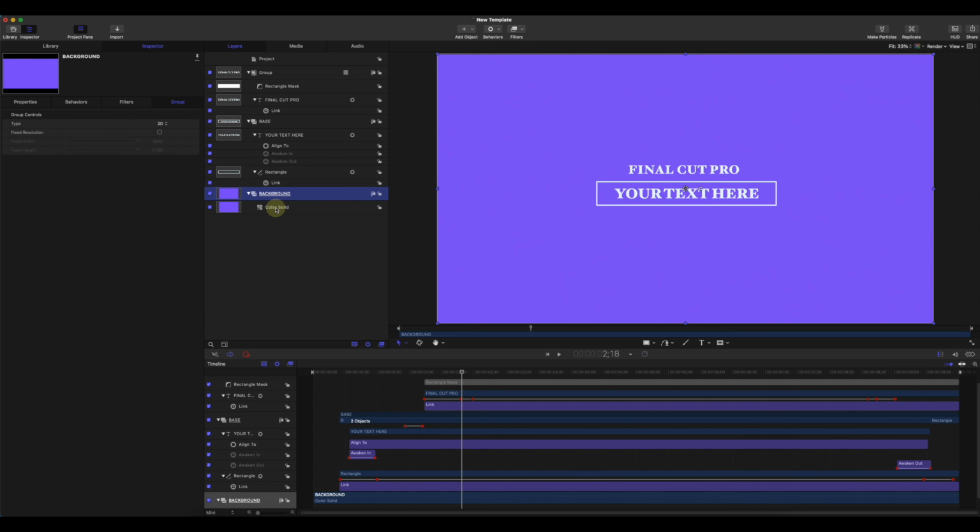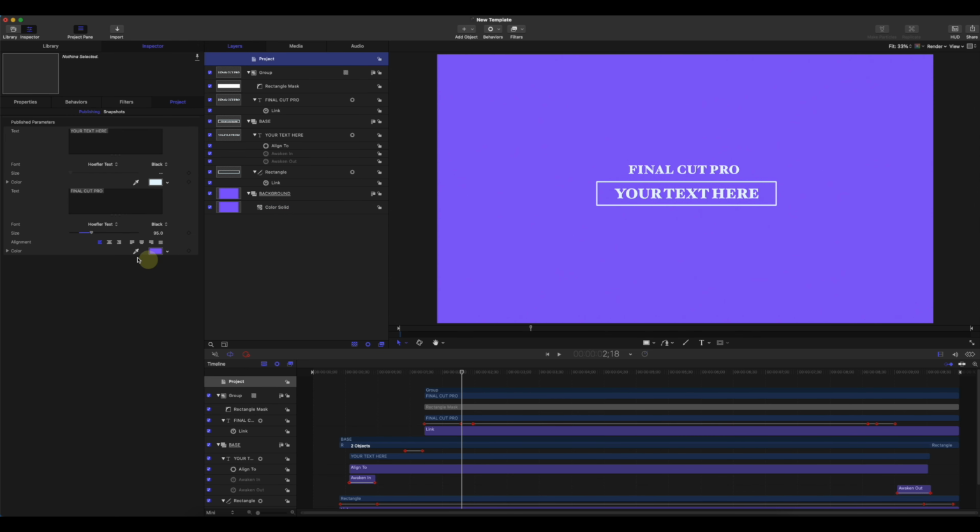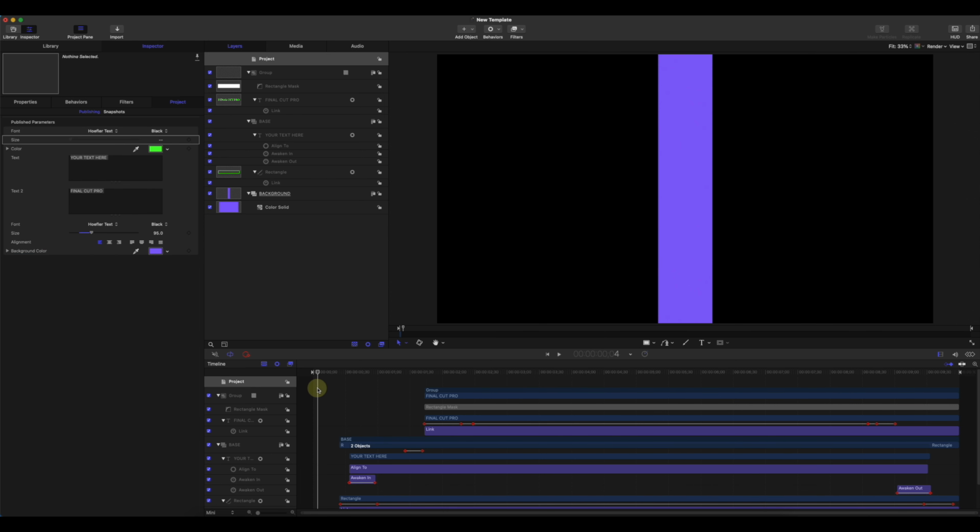And the final thing that we need to do is for the color solid. The color solid color needs to be published too. I'll publish this one as well. But here we have a color as well. We're going to change the text here to text to color, and we're going to go for the background color. That is our final thing. We're going to Command S again, and we're going to go for Final Cut Pro